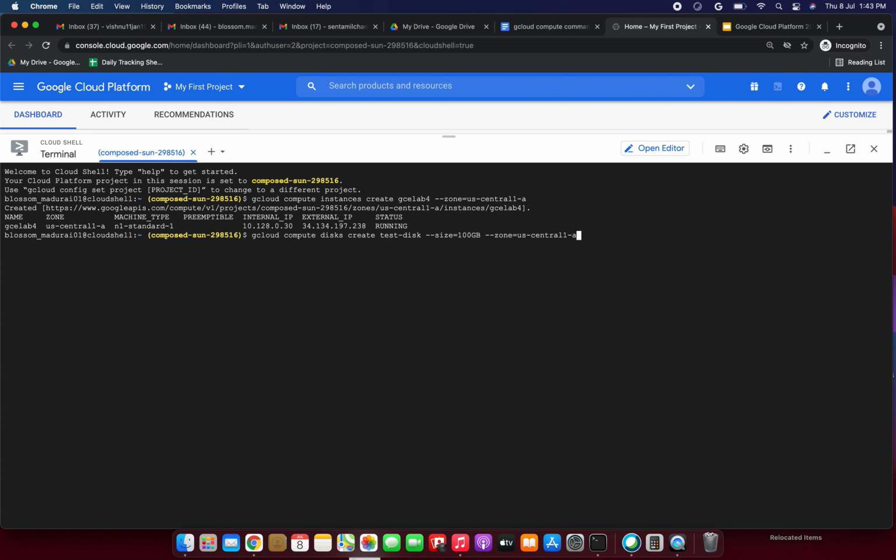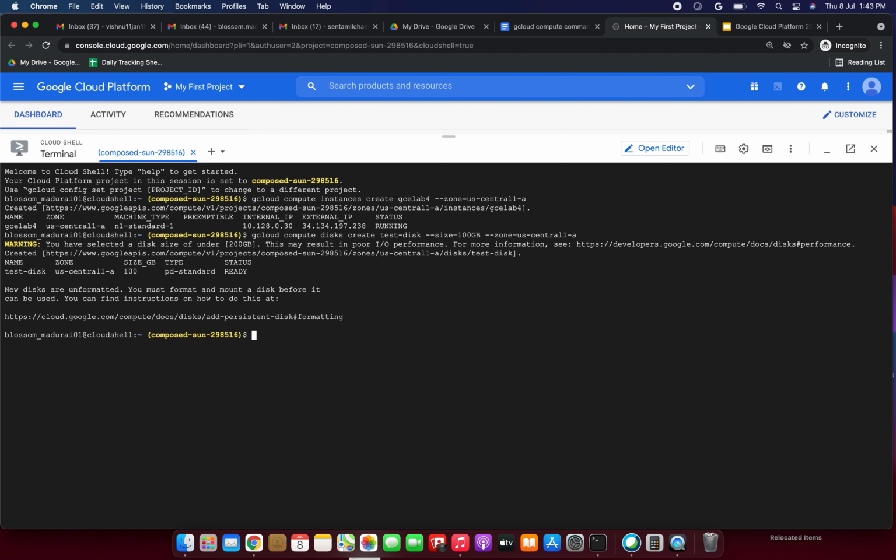Now I am entering this command. The disk will be created right now. Test-disk will be created within that us-central1-a availability zone. So let's wait for it. Actually we are getting a warning message like you have selected a disk size of under 200 GB. This may result in poor IO performance.